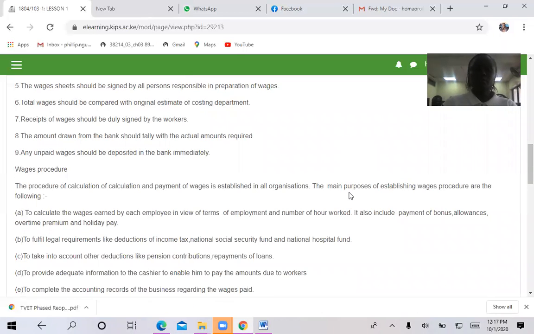So the procedure of calculating and paying wages is established in all organizations. You must establish the procedure which you are going to follow when you are going to pay the employees. The main purposes of establishing a wages procedure are the following: